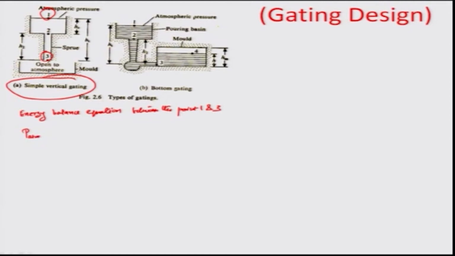So, let us write P atmosphere divided by rho g. That is the pressure head, where rho is the density of the liquid material and g is the acceleration due to gravity, plus the